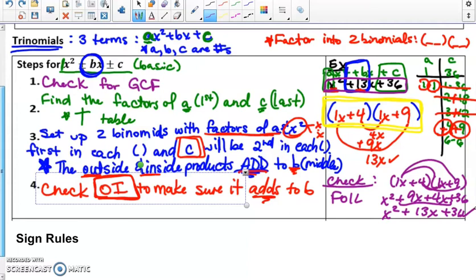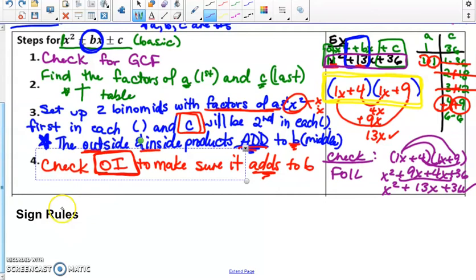Now, as far as it goes, we'll see some more examples, but before we do, let's write down some sign rules. This will kind of help us out in making sure we always grab the right signs. If you think about it, we're always going to have to find the factors, and that means the numbers that will multiply to C, which is our last term. So if we're multiplying to C, C tells us what signs we need to use. So if C is positive,